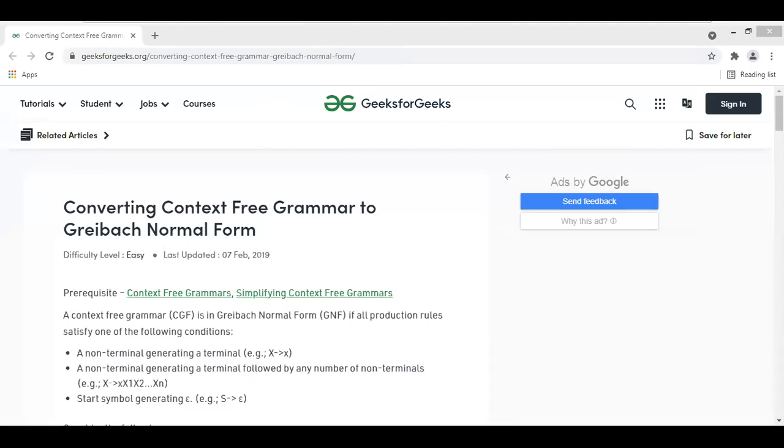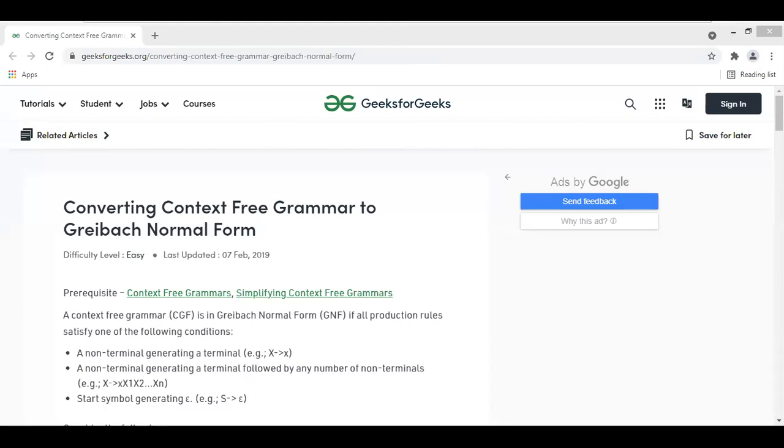The first step, number one, is simplification of the context free grammar. And then step number two is, just by following the syntax of the CNF, you need to get the given grammar into the format of the CNF, right? If you know what the syntax of the CNF is, that means the productions of the CNF should be in the form of like this. And you need to get the given grammar into the format of CNF. That's the thing that you need to do while converting the given grammar into the Chomsky normal form.